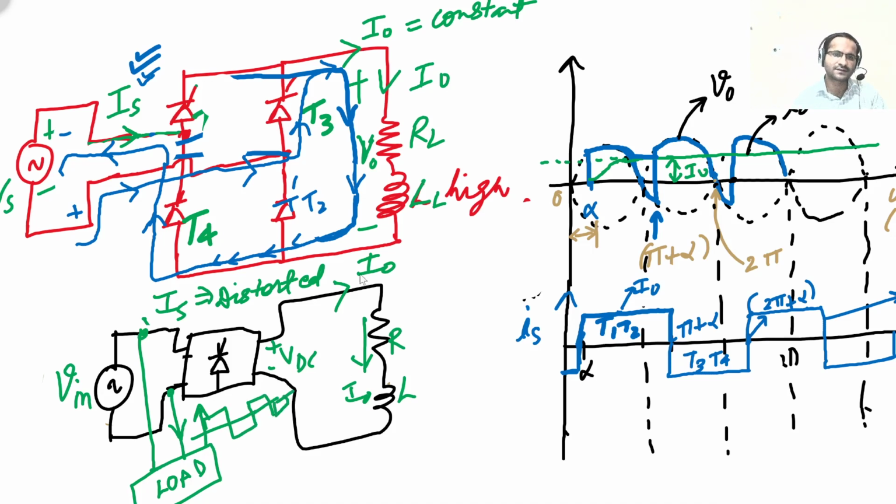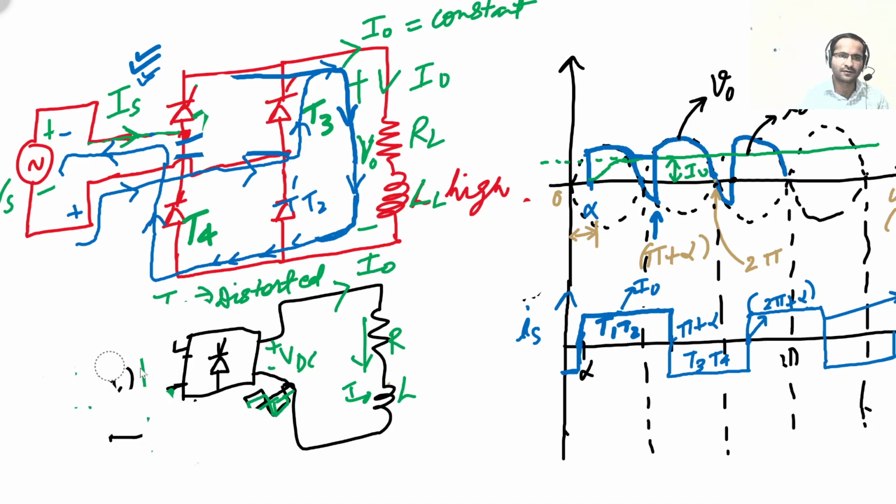Now other loads only need sinusoidal current, they do not need non-sinusoidal or square wave current. Square wave current will produce so much heat in these AC loads connected to the AC side, which is undesirable. So these loads connected in parallel will draw this non-sinusoidal current and produce heat.